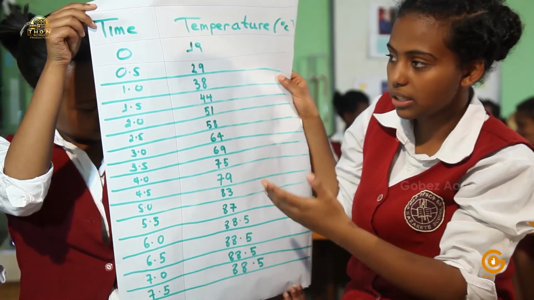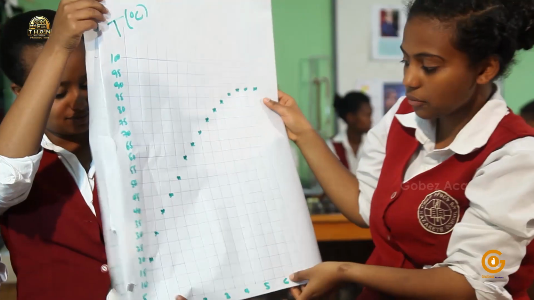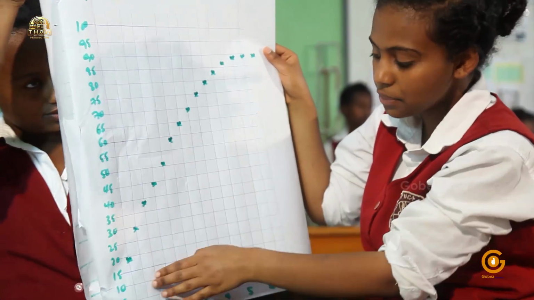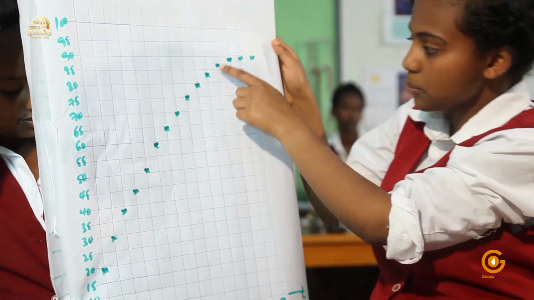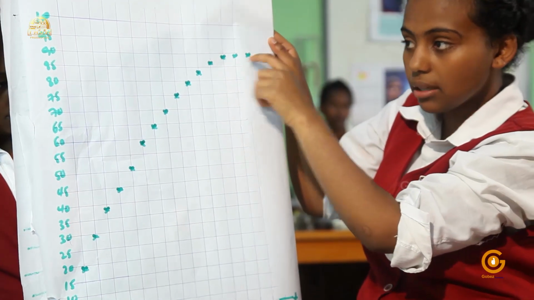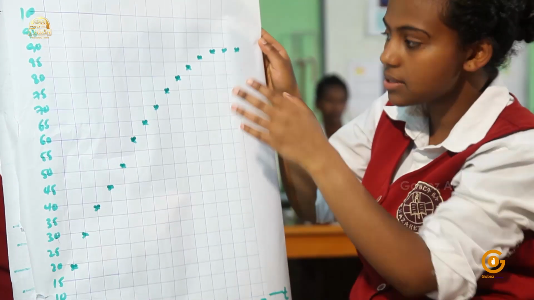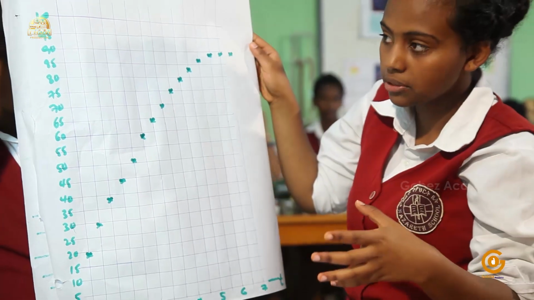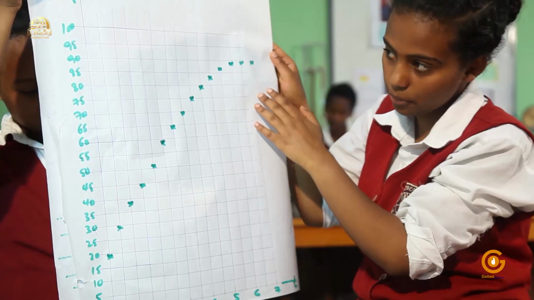And we can also demonstrate this data graphically. As you can see, at first the graph is a straight line, which means as we supply heat, the temperature is increasing constantly. But then a horizontal line starts to form, and if we keep on heating the substance, the temperature will still be at 88.5. So from this we can conclude that the temperature will not increase at its boiling point.